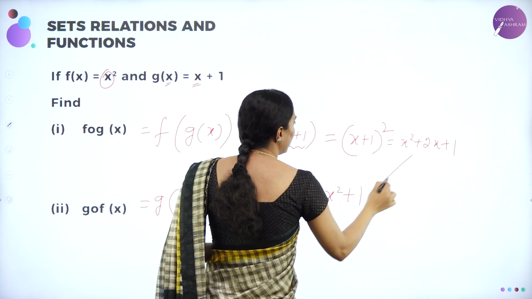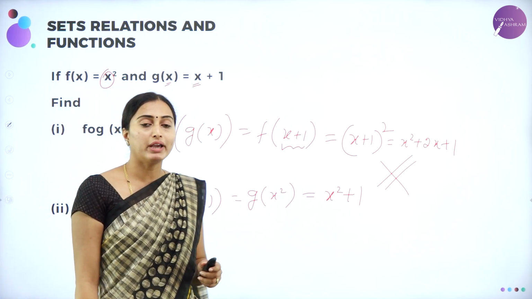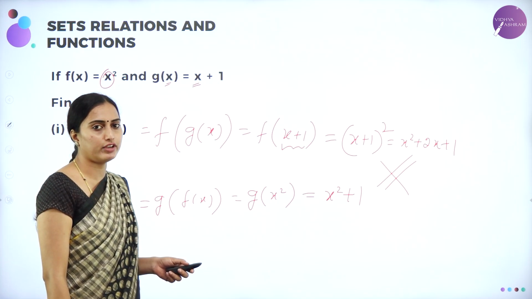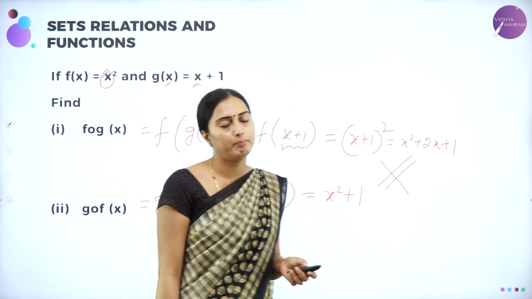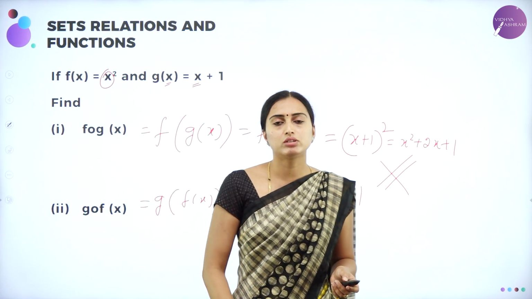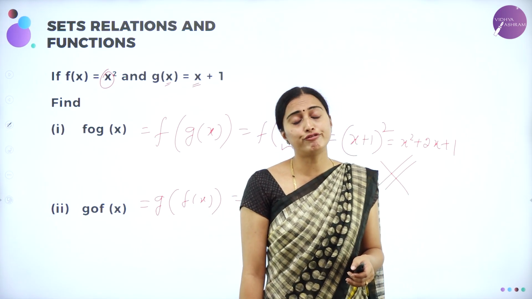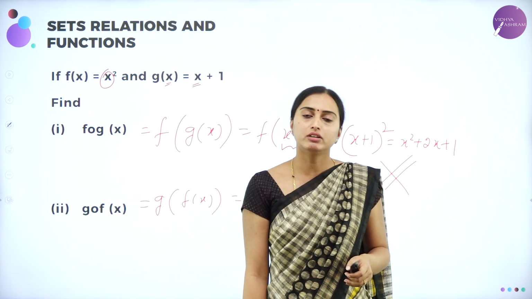Are they equal? No, they are never equal. Sometimes they are going to ask you the question by calculating this and also whether f of g of x is equal to g of f of x. In this problem, they are not equal. In some problems, they may or may not be equal. Understood? So, this is how you are going to find out according to the given question of fog and gof. This fog and gof will come under the composite function.